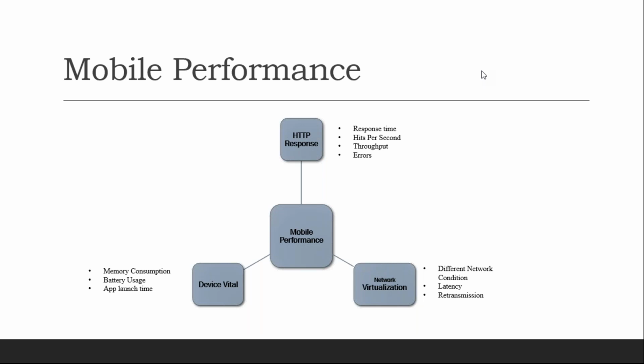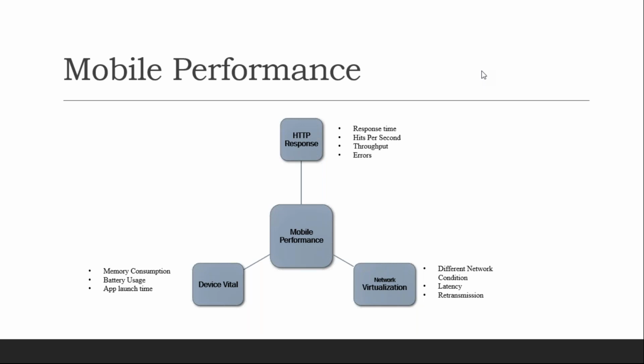And then the third one is network virtualization. Whenever there is a concept of mobile performance testing, people's intention is towards network virtualization. There are a lot of tools in the industry, and network virtualization can be done in multiple ways. It may be bandwidth throttling, or whichever way you choose. You are going to say how my mobile application will behave under 3G condition, 4G condition, or LAN condition, WAN condition. You categorize them and collect your performance metrics under the different network conditions.